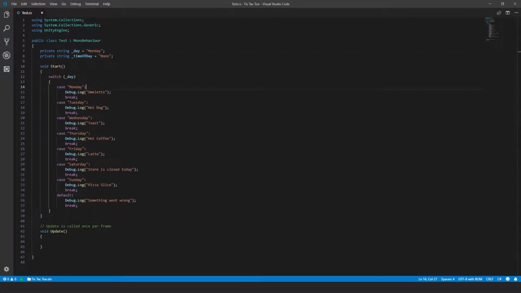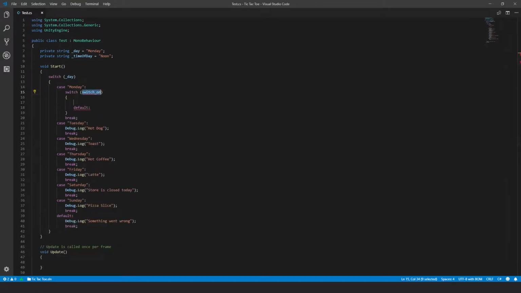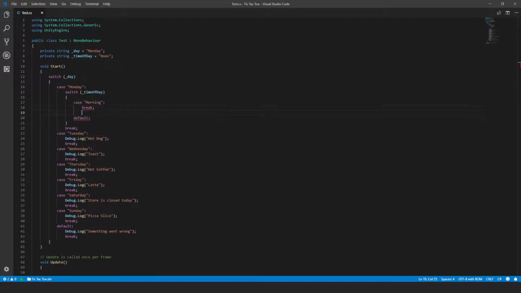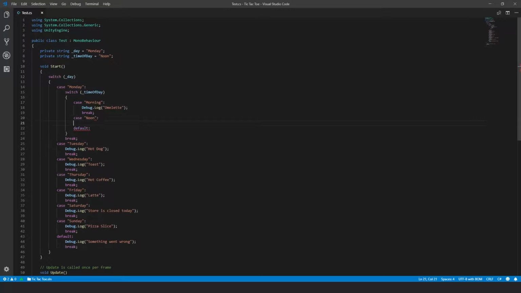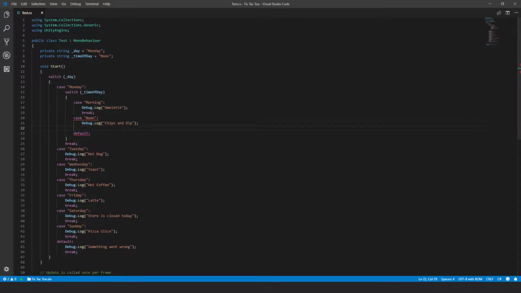And then modify one of the cases where instead of directly logging the breakfast item, we'll switch _timeOfDay like this. Case Monday, switch, opening bracket, timeOfDay, closing bracket, and then inside the curly braces, case morning, Debug.Log omelette, break, case noon, Debug.Log chips and dip, break,